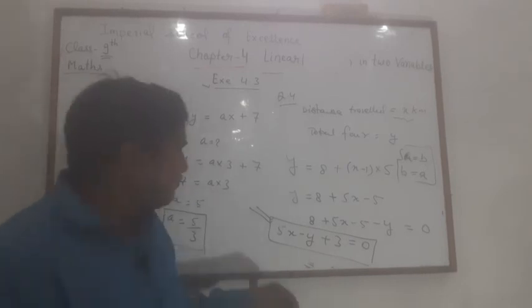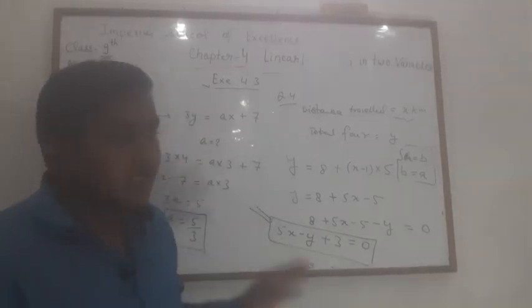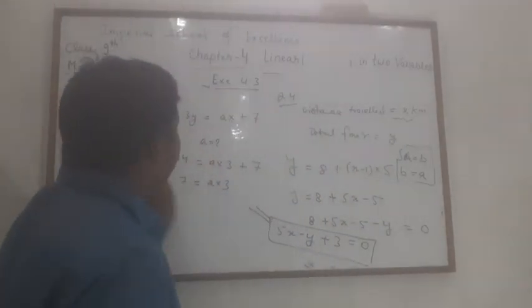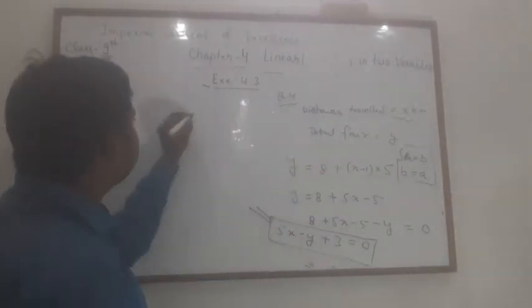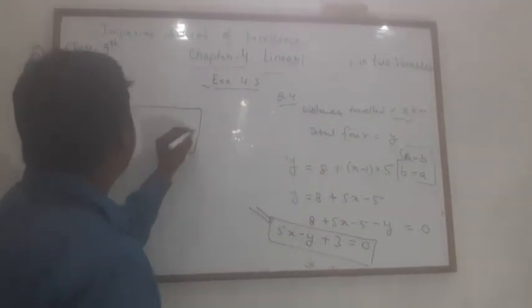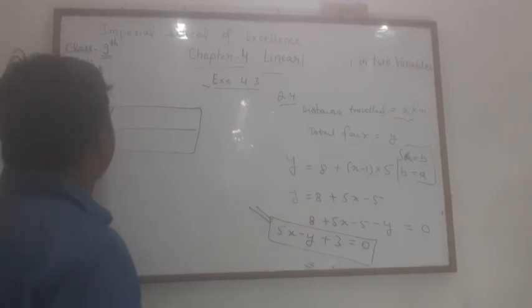Now for this equation you have to draw the graph, and how will you initiate the graph? To draw the graph, the first thing is to take a table and find 2 solutions, at least 2 solutions of this equation. Take 2 solutions for values of x and y and do this question. Hope you are getting my point. And in this way you do all these exercises.